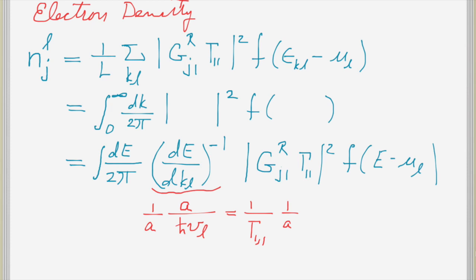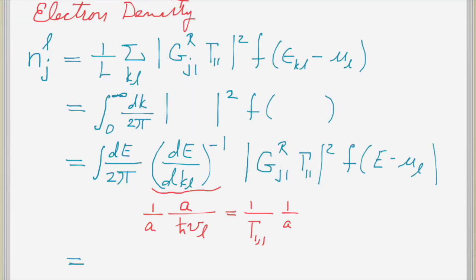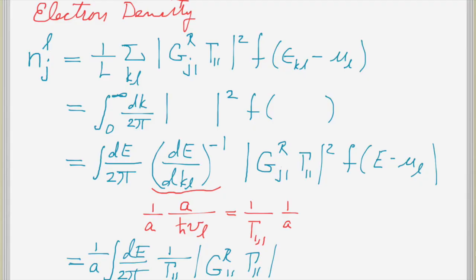And so this is equal to 1 over A integral dE over 2 pi, 1 over gamma, times this GR gamma squared, that's my F, and finally